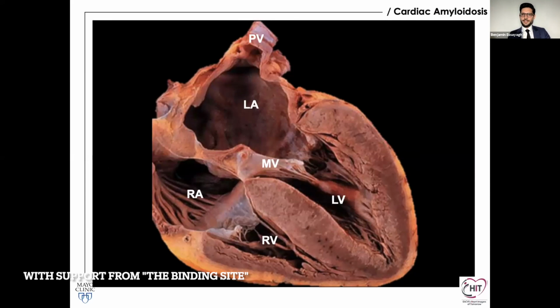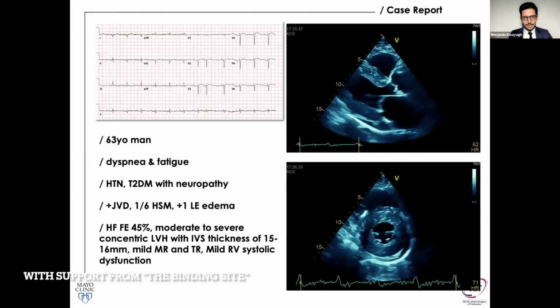I was just saying that it's a pleasure and an honor to be speaking today about the imaging presentation. And indeed, amyloidosis is a fascinating disorder of protein misfolding where we have at least 3 proteins causing cardiac amyloidosis, as we said, and usually we have this presentation of thick LV, thick RV as well. We have LA and RA that are dilated, and here is the case, because it's not always easy to diagnose,